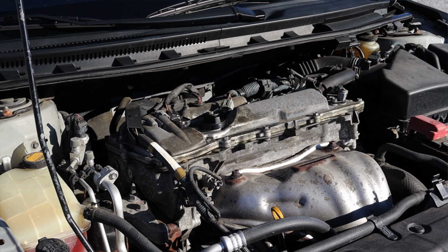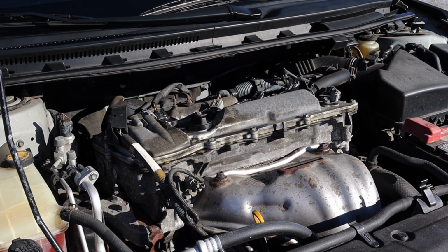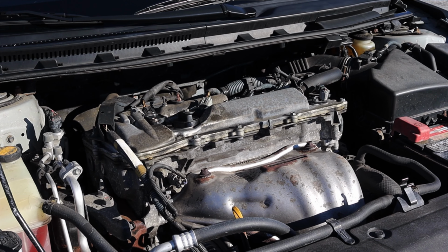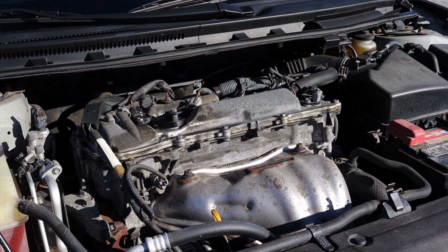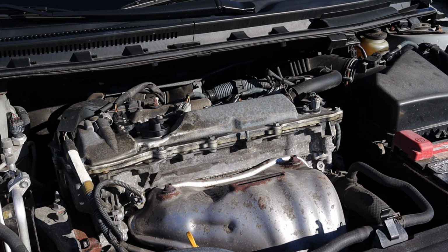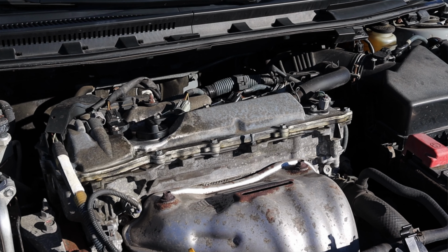But let's get back to that 2.5 liter under the hood, making 180 horsepower and 174 foot-pounds of torque. Well, it's nothing too crazy. What it's from is a Toyota Camry, and that's a good thing. The Toyota Camry is a really reliable car. And as you'll come to learn, most of this stuff is Toyota Camry parts, like the transmission we'll talk about